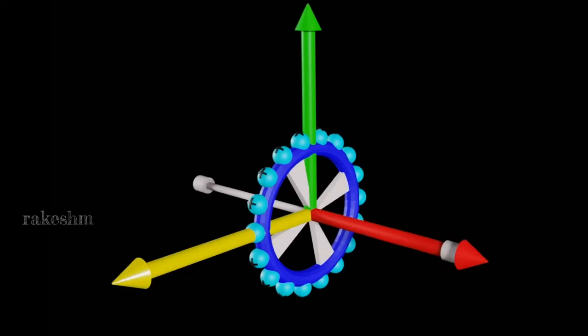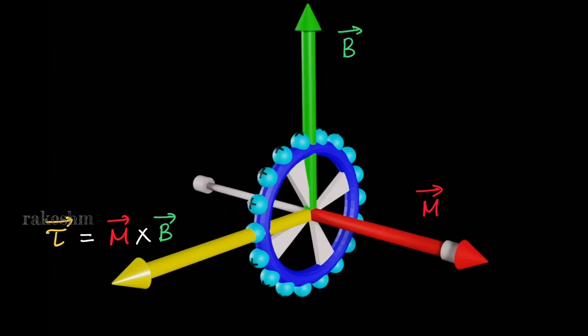Let's first analyze why could the strings break if the angular velocity of the wheel is increased. If the wheel is rotating in this direction, we can say that due to this charge also rotating in this direction, there is a movement of charge. So we can say that there is a current which is there going in this direction. So this is a current carrying wire and the current is moving in this direction. So this loop, the magnetic moment of this loop will be in this direction and we can calculate the magnetic moment. I am writing it as capital M bar here and this would be the direction of the magnetic moment.